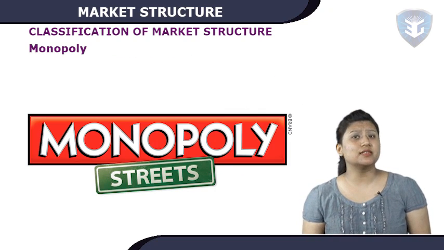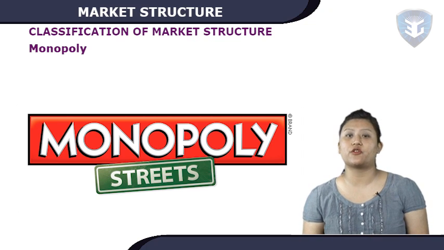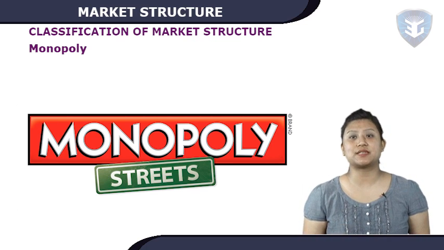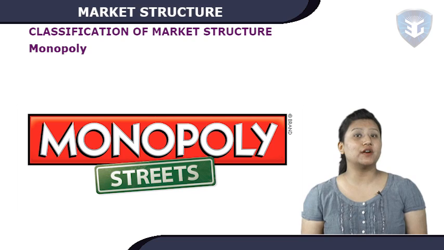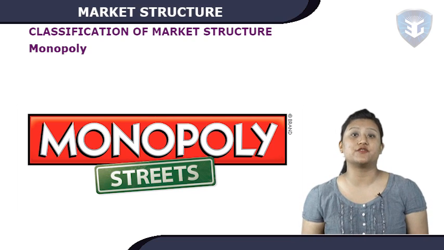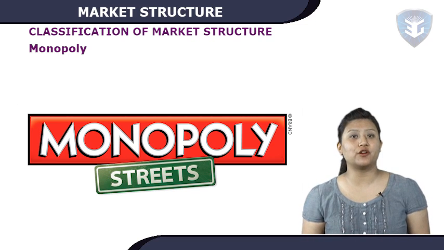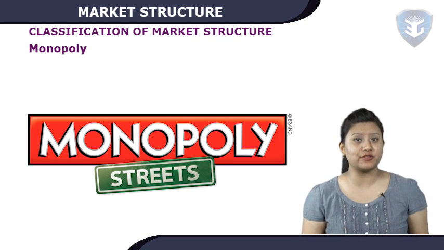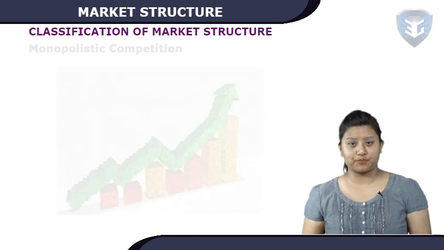Monopoly. In this situation, there is just one producer of a product. The firm has substantial control over the price. Further, if the product is differentiated and if there are no threats of new firms entering the same business, a monopoly firm can manage to earn excessive profits over a long period.